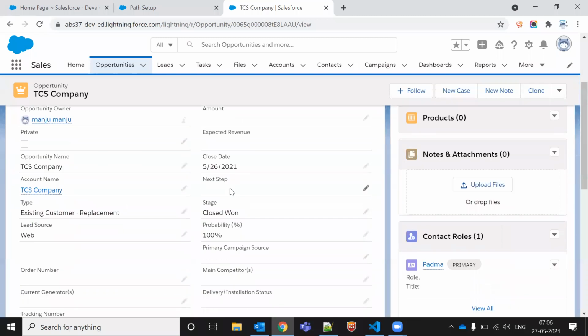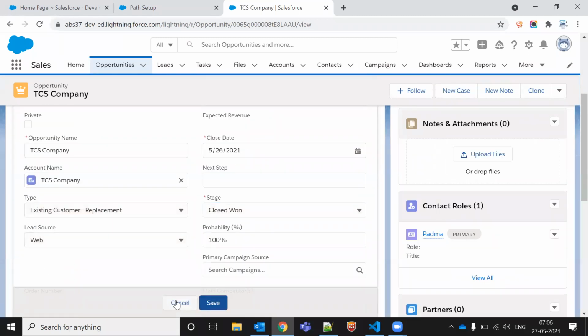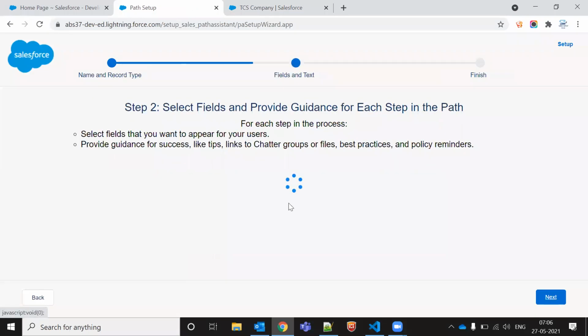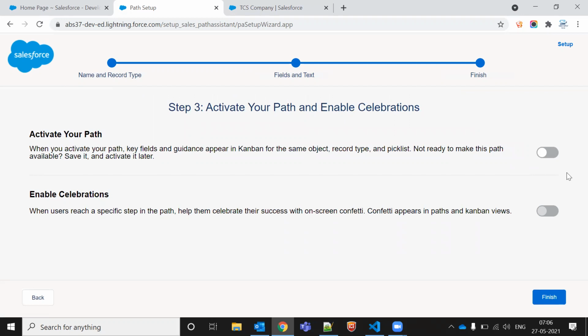I want that when it is closed won, there should be flowers. So I'm going to next. Closed won. Enable celebration, activate your path.